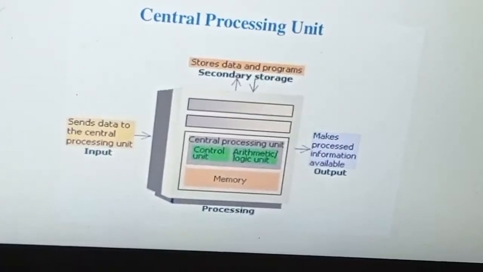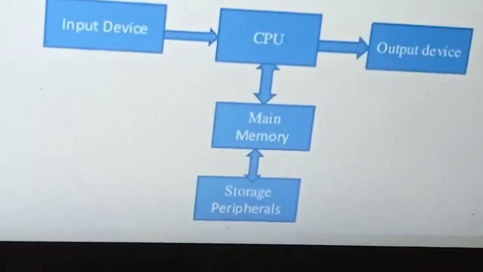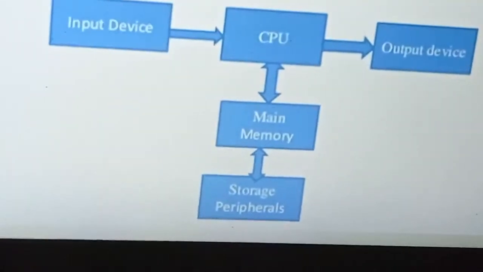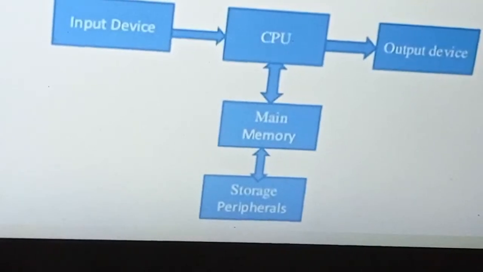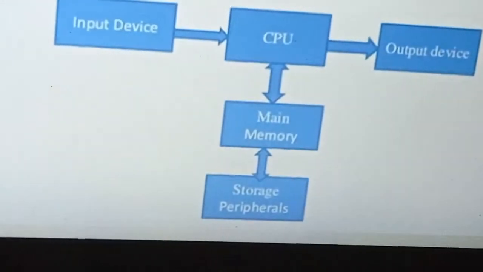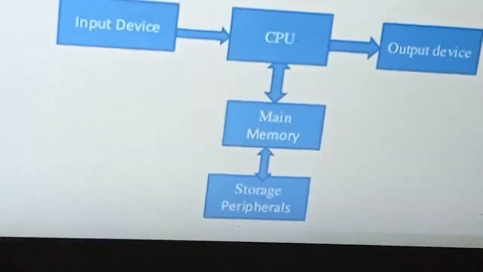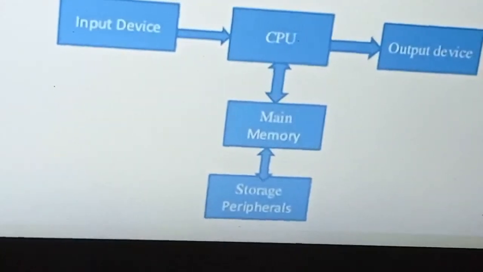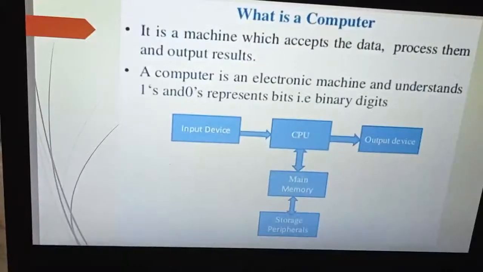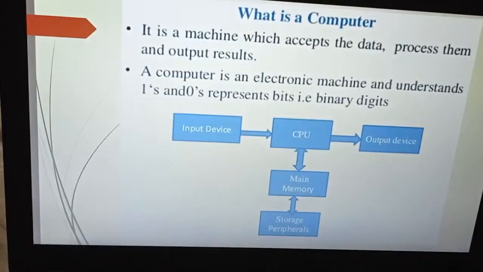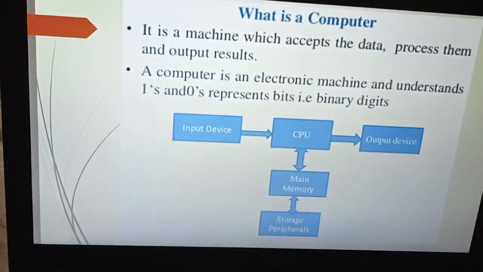About the block diagram of a computer: input device, CPU, storage devices, control the mouse and output devices, etc. Memory, about primary memory and secondary storage, processes the given information. About the block diagram of a computer, what is a computer? It is a machine which accepts and processes data, and sends that processed information to the output